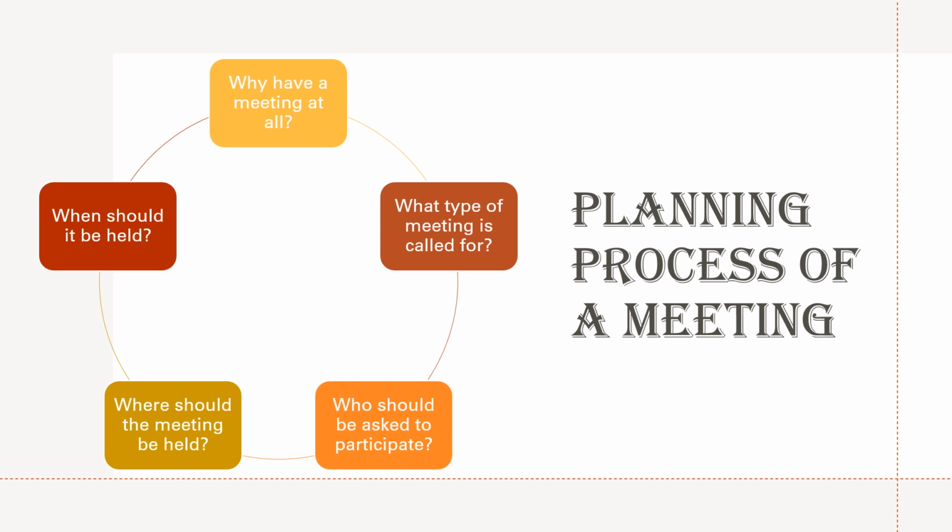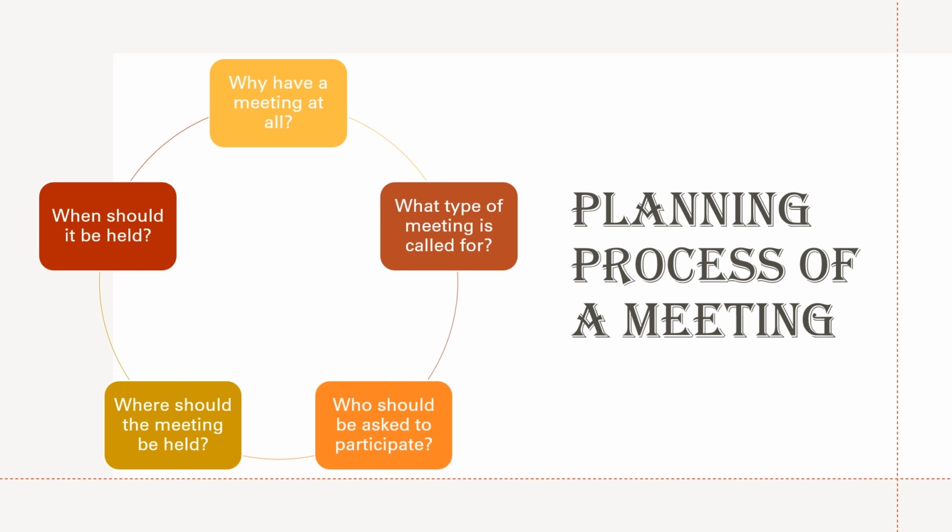And in case you plan a meeting on a Saturday or a Monday, then you should keep it on Saturdays in the morning and on Mondays maybe after lunch. So post lunch hours for Monday and morning hours for Saturday. This should be the ideal way of planning a meeting, because when you are convening a meeting, you want people to participate. And participation would only be maximum when you give them a suitable time wherein they are comfortable attending the meeting.